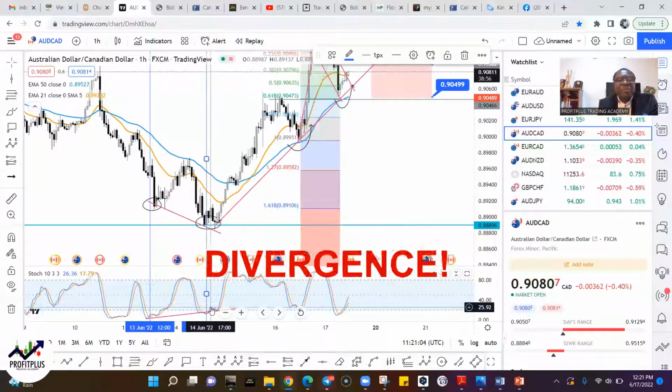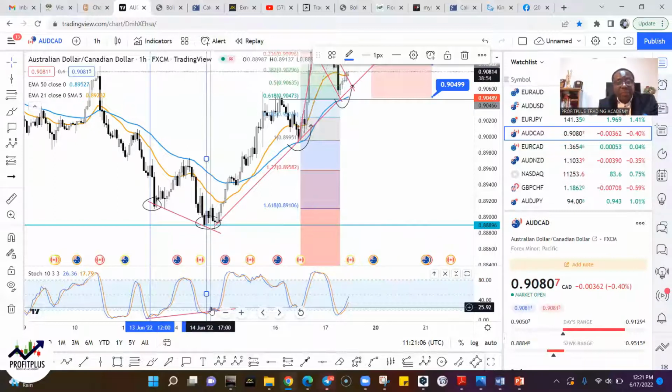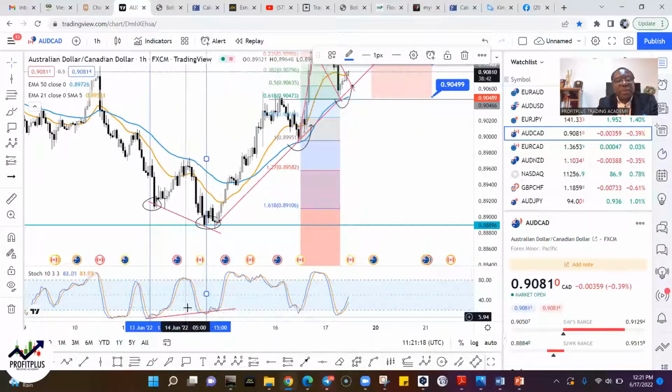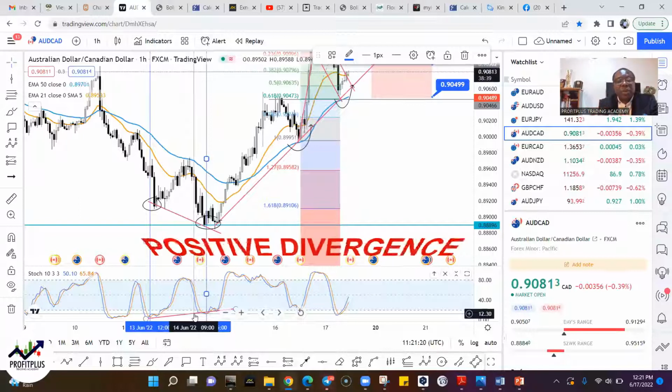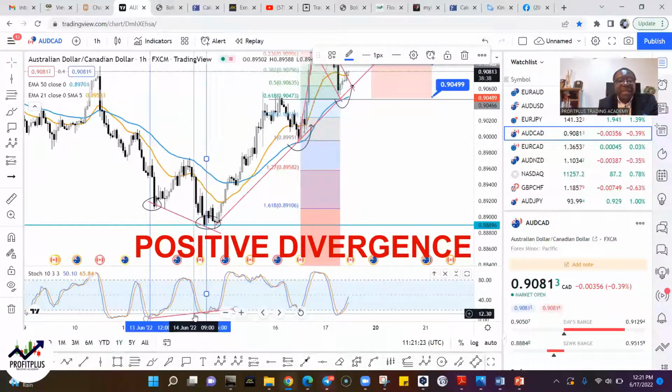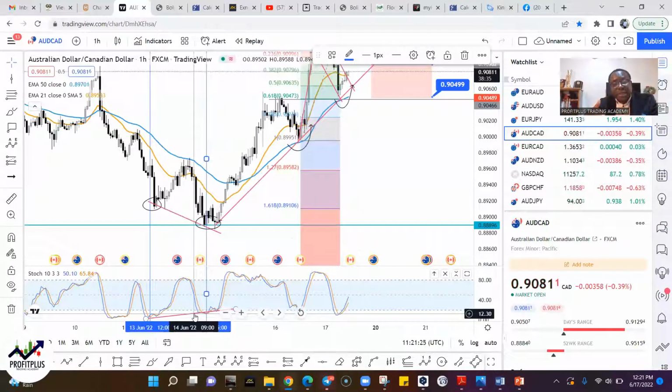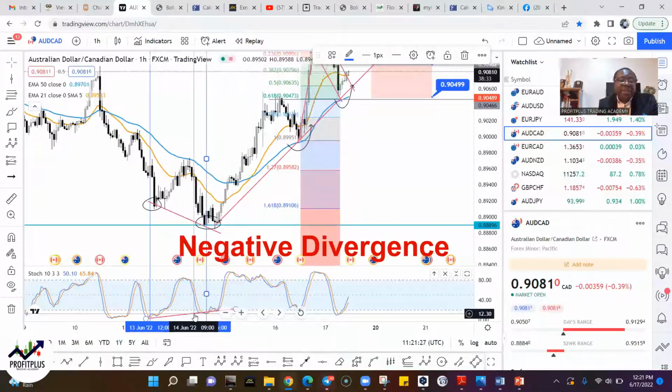And price will immediately align after those 2 points where there's divergence. Price will align with the direction of the indicator. The indicator is always right in this case. In divergence, the indicator is always right. So if the indicator is pointing upwards, we call it positive divergence. If the indicator is slanting downwards, we call it negative